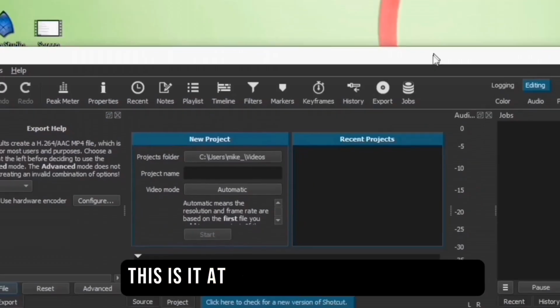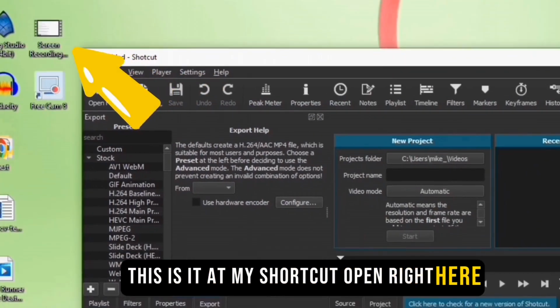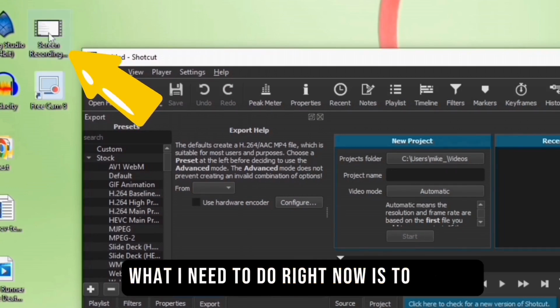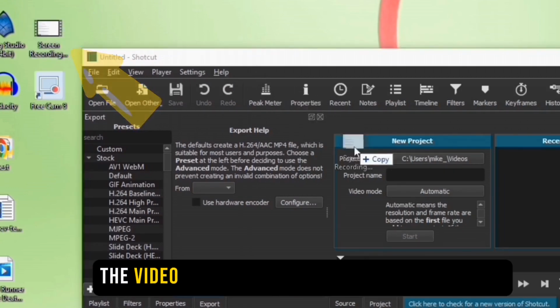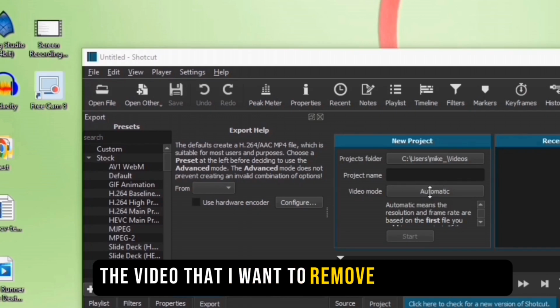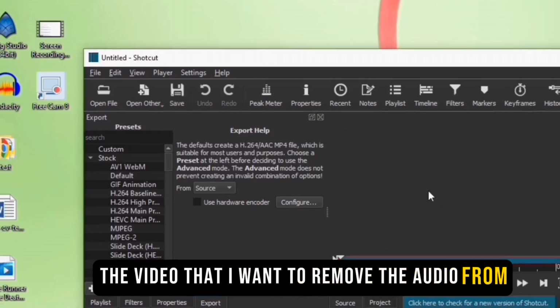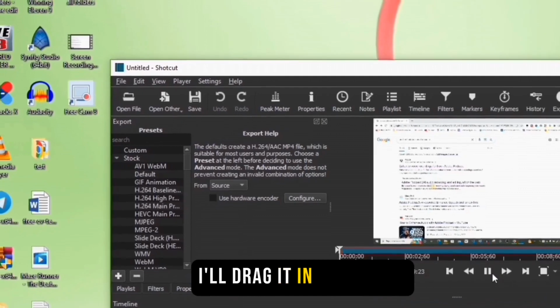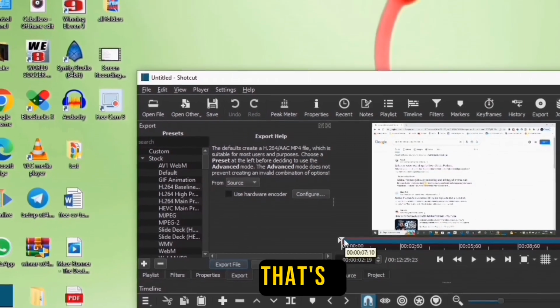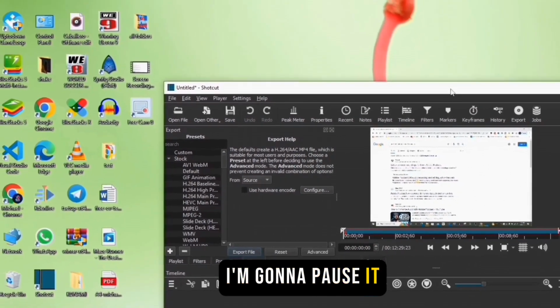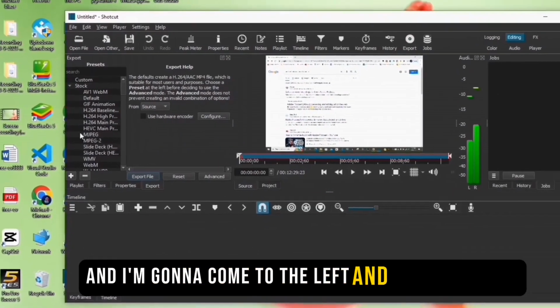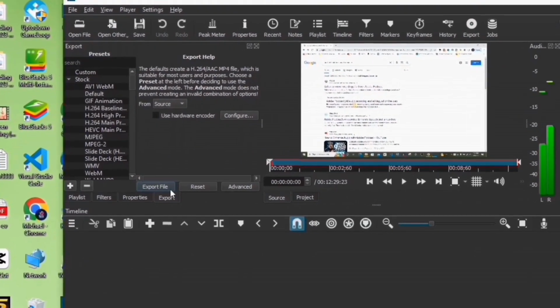So this is it. I have my Shotcut open right here. So what I need to do right now is to drag in the video that I want to remove the audio from. So this is it. I'll drag it in right here. So that's it. I'm gonna pause it,